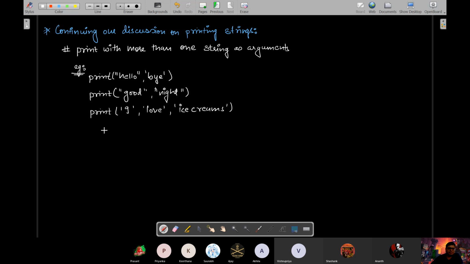Remember, thing to note here is in output, all the strings will be separated by